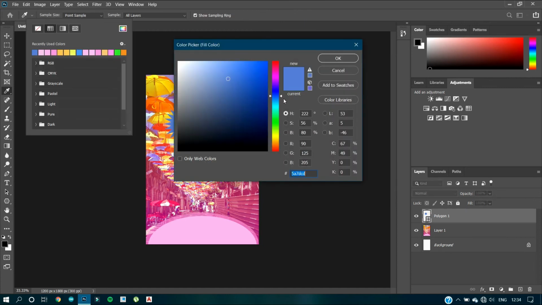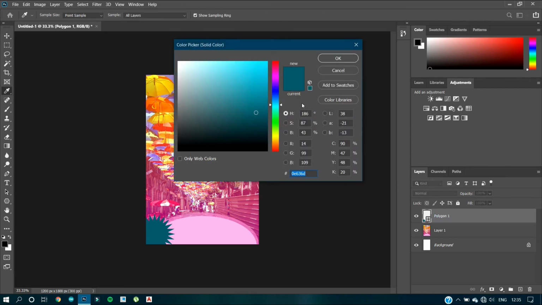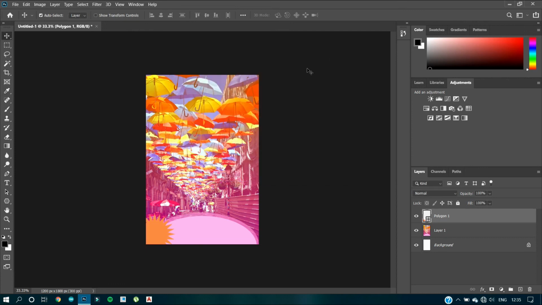Now we just don't want this color, so let's change the color. Let's select any color. So let's keep this color and just place it over here in the corner. After placing, you can also change the color. So if you want to change the color, double tap on the layer, and again from this hue slider, select any color that you want. So if we select orange color, we can click OK, and as you can see the color is changed just as we wanted.